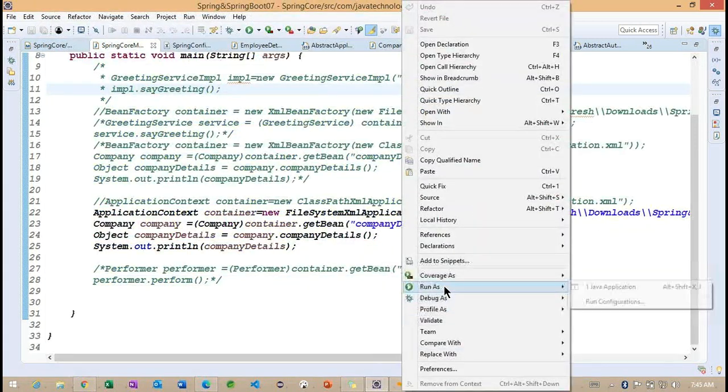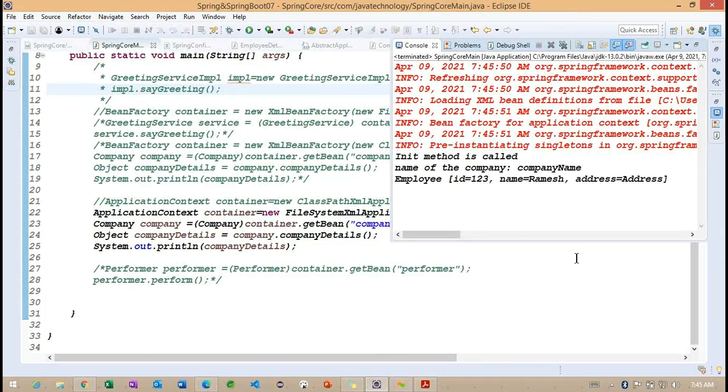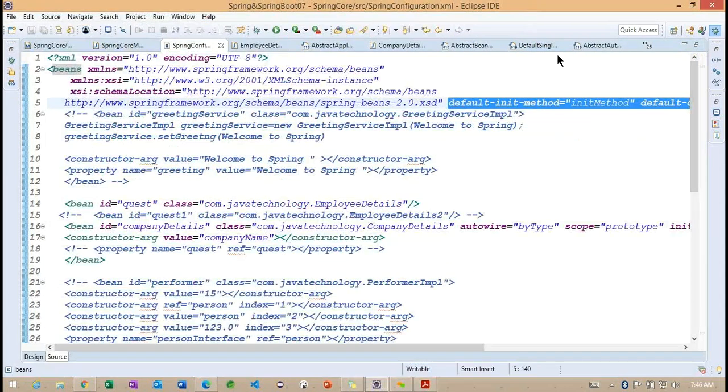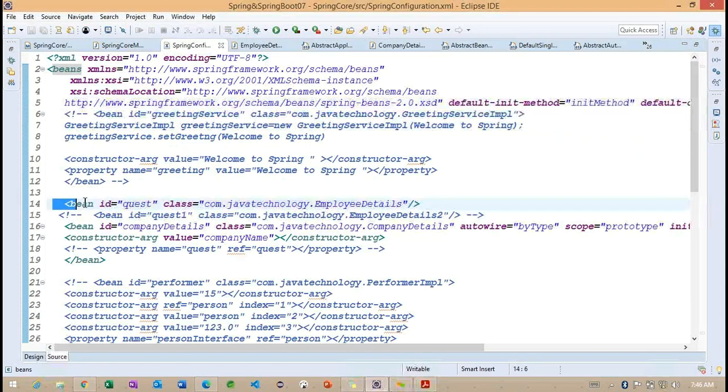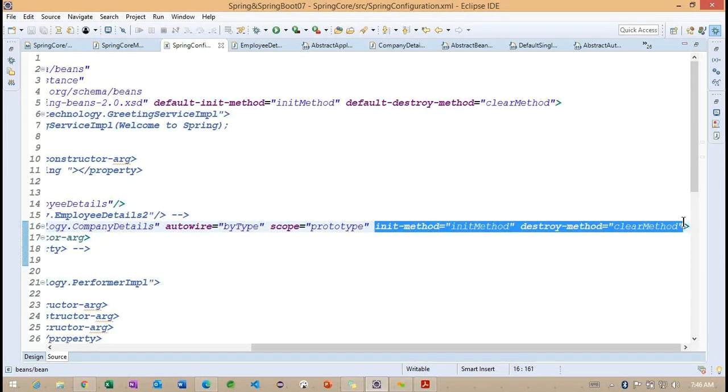Now, if I call the same example, we can understand that the init method is going to be called. In the beans tag, we have the bean tag. Inside the beans tag only, we are going to have bean tags, and based on how many beans we have, we define that many bean tags. This information is specific to one particular bean, and it will not apply to all the beans.